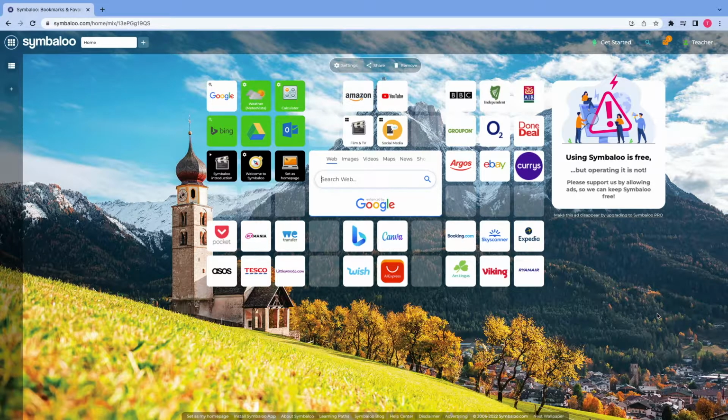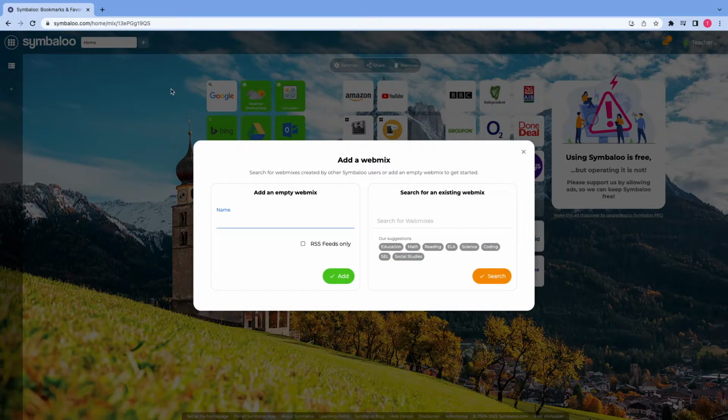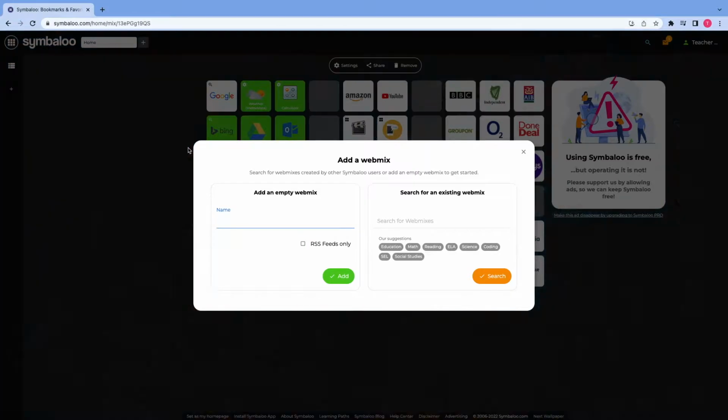Once signed in, you will see a ready-made webmix provided by Symbaloo. A webmix is just a grid full of web links. This ready-made webmix can be deleted on the creation of your own tabs. To create a tab, click on the plus button. Name your webmix